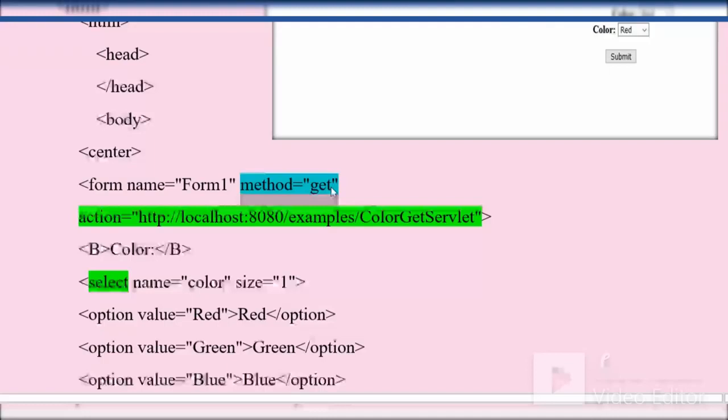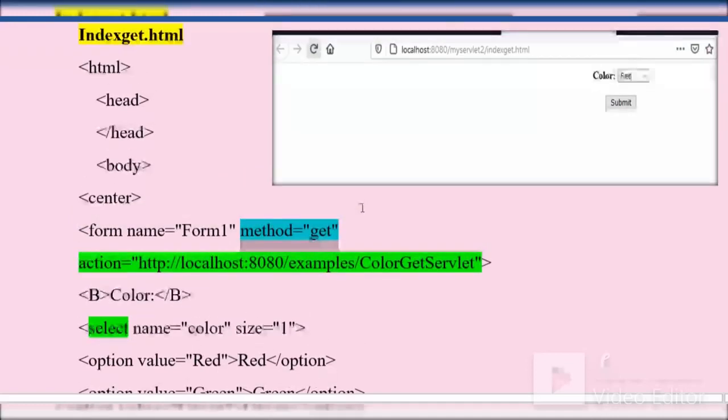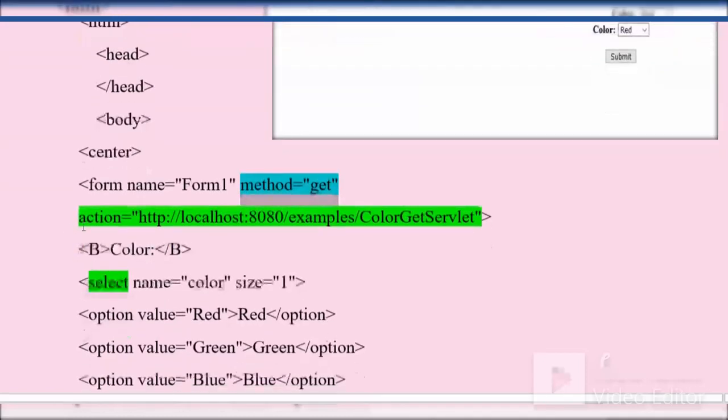When you transfer your data using the get method, the output is different, and when you transfer your data using the post method, you will get a different output. We'll see at the end of this program what the difference is. First, you should remember that in method we have to write get or post. Next is action. Action is equal to the name of the Java file.